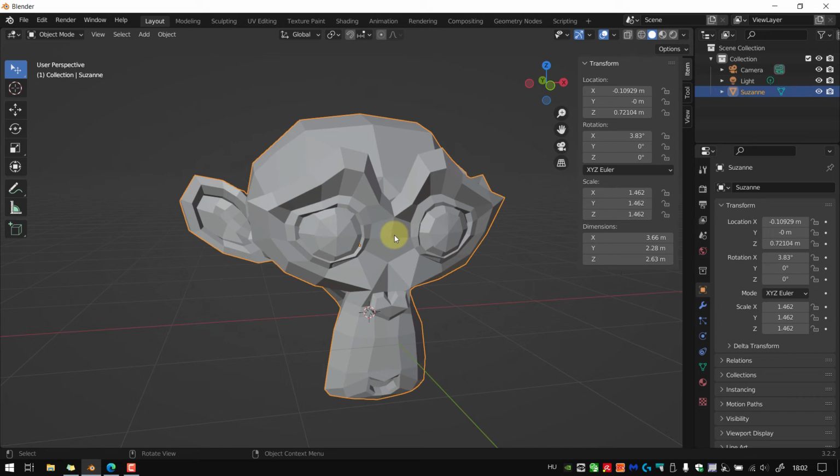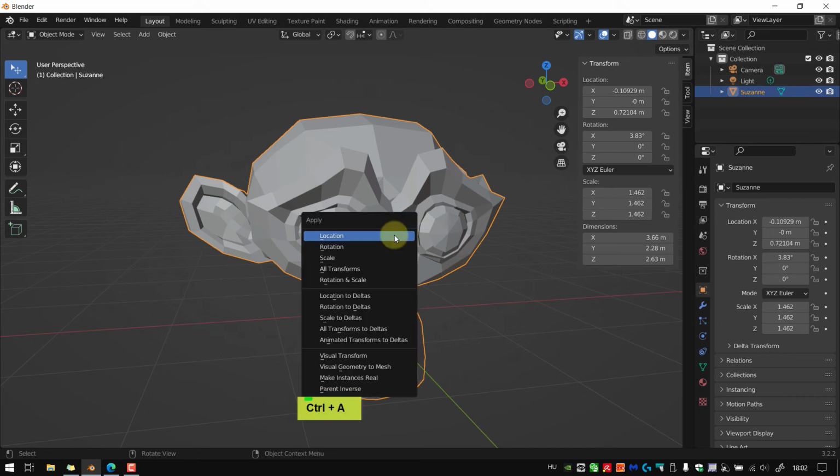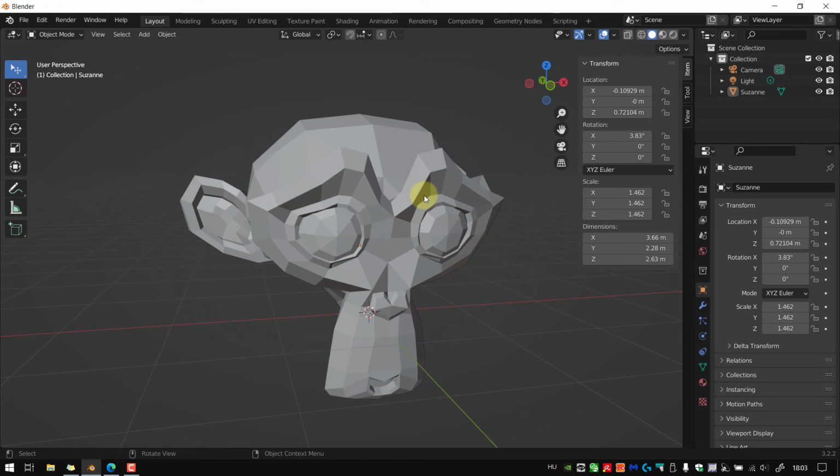The way to reset is by pressing Ctrl A, which is apply, and we have these options: location, rotation, scale, all transforms, or rotation and scale. Usually you don't want to reset location and rotation right away, but you should reset scale if you have scaled your model. That's a good idea because some of the modifiers will not work. We are not there yet with the modifiers, but we're fairly close. Okay, so I will leave it as it is now, and